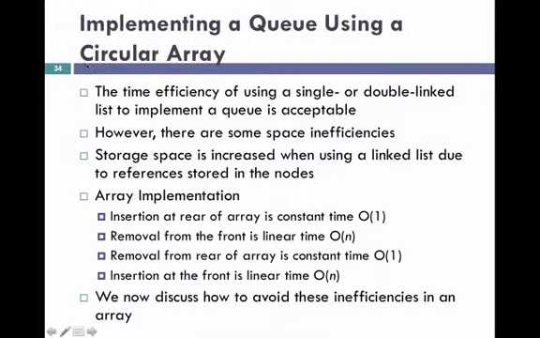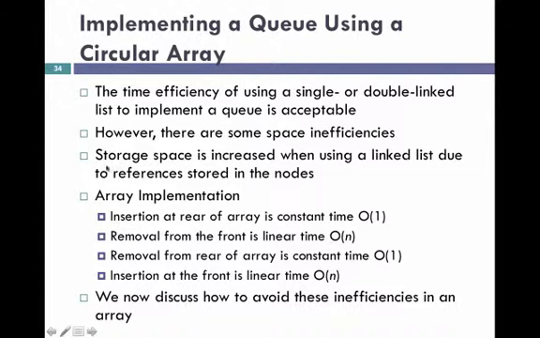Another way we could implement a queue is using a circular array. Now, the efficiency of a single or double linked list to implement a queue is acceptable because we can do inserts and removal in constant time. There are some inefficiencies because to store the items in a linked list, we have to have space to store the pointers to the next item in the list. Now, we could conserve and save that space if we had an array implementation that just stores the items with no pointers, because the position in the array indicates what is the next and what is the prior